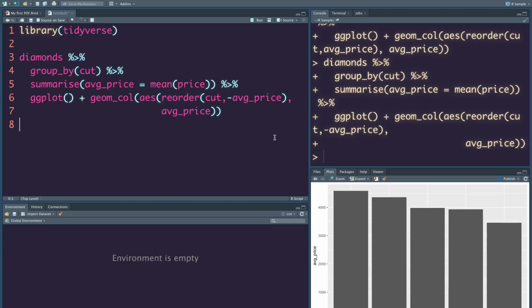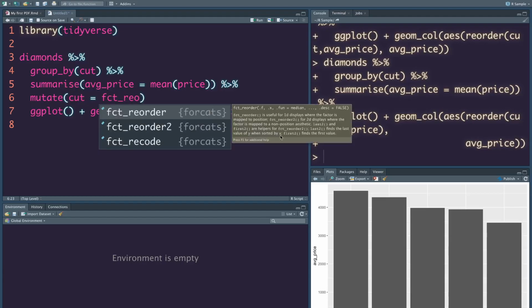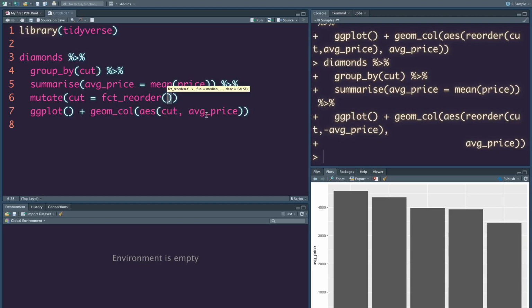Let's say you want to do it in a tidy way so that the code is more readable for anyone who sees it. Even before plotting the ggplot, just before the plot, you can mutate. You change the column cut with fct_reorder. It comes from the package forcats, which is used to manipulate factor variables or categorical variables.